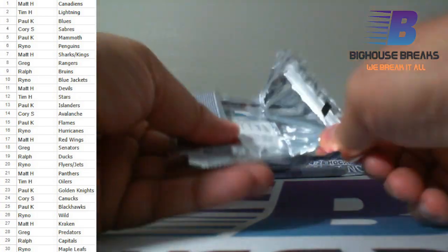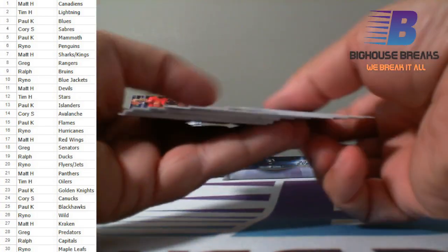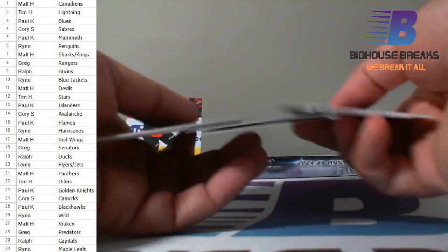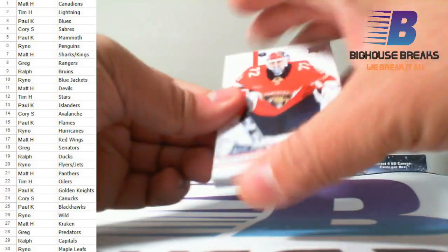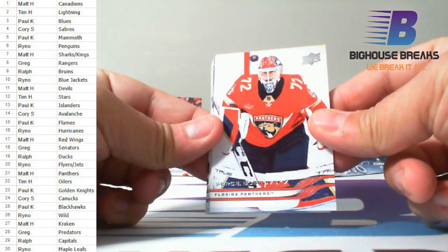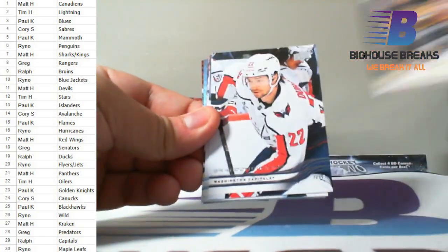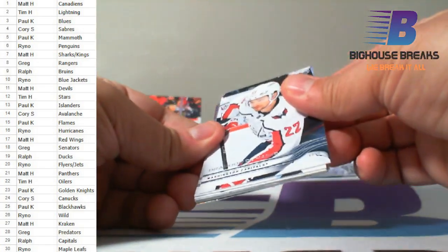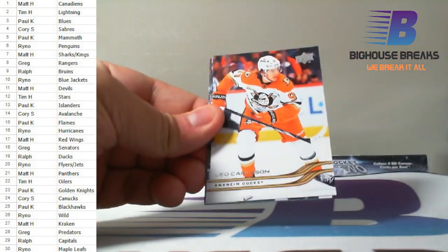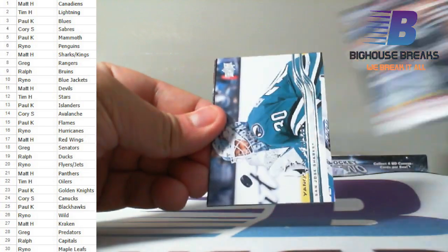I don't think I've opened up a blaster of Upper Deck Flagship in a long time. Let's see. All right, we have got a Young Gun out of the blaster, which we should get one. Hopefully it's a two Young Gun blaster. Well, let's see. Bobrovsky, Forsberg, Malkin, Duheim, Schmaltzy, Kessering, Leo Carlson, Stefan Noesen,